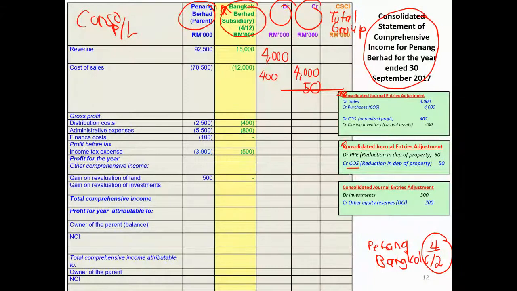And then the last journal entry that's related to your consolidated P&L is this reserve. Remember, in the previous slide, we adjusted the investment. So now what must you do? You credit OCI, right? So go all the way to other comprehensive income: gain on revaluation of investment. You have to show it in your consolidated profit and loss account. So we only have a few adjustments that are related to your consolidated profit and loss. Okay, students,